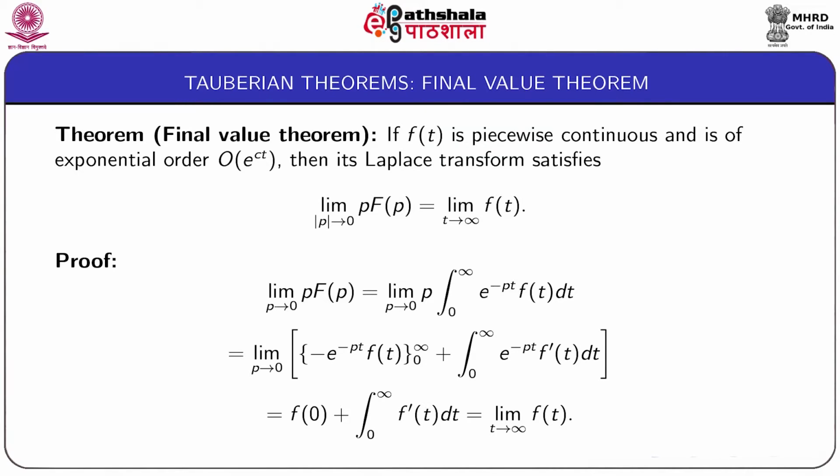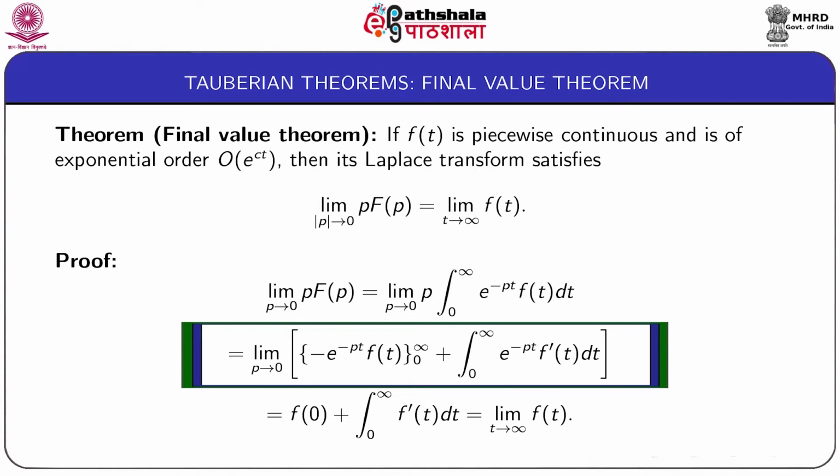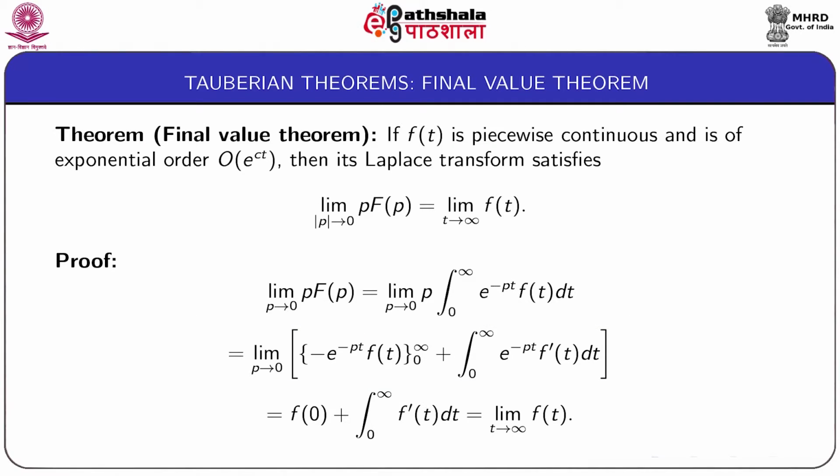Now we integrate by parts, so that we get limit p tends to 0 of minus e to the power minus pt f(t) from 0 to infinity plus integral from 0 to infinity e to the power minus pt f dash t dt. Now if we make limit p tends to 0 and noting that